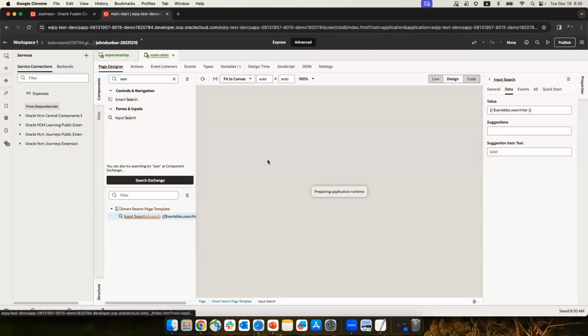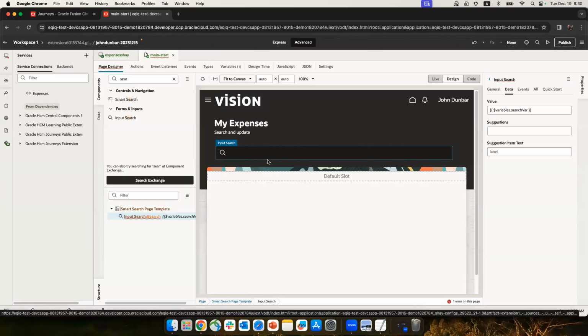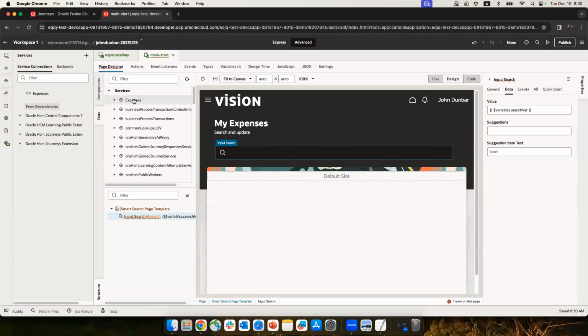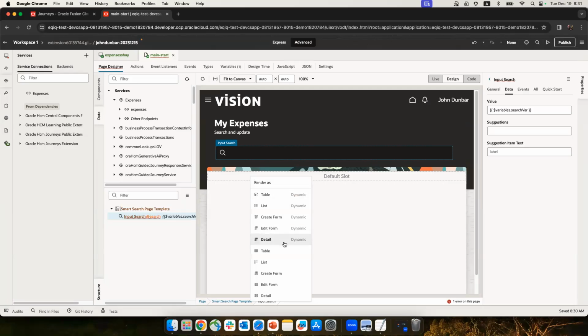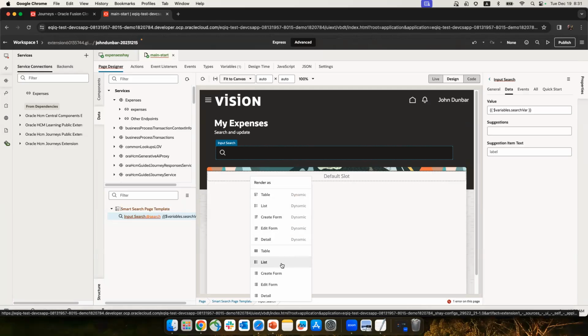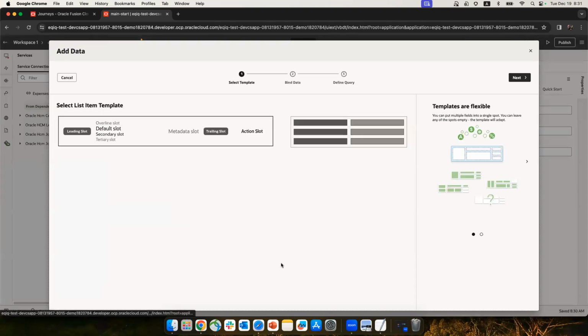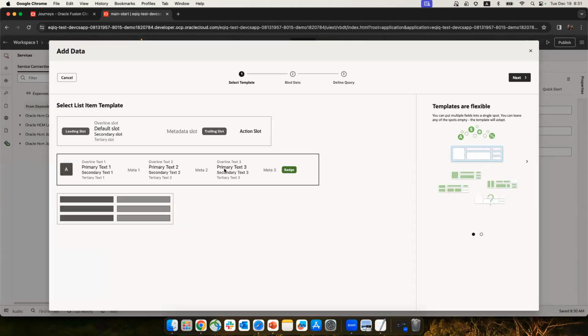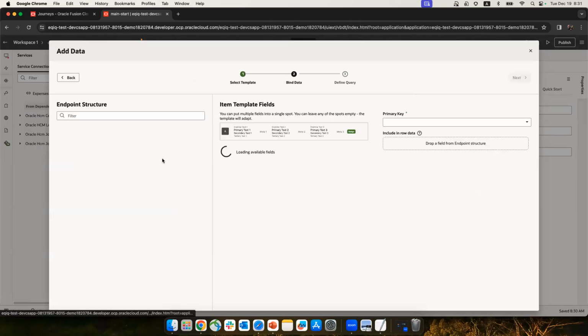Now I can go back to my page, the page that we're creating. In the data area, under services, I now have expenses. And I can say, hey, let's take the expenses and drag and drop them into the page to create, for example, a table or a list. Let's create a list, for example. Again, I can choose the same look and feel as Oracle uses here. And then I can choose the specific fields that are interesting to me. So we chose to use what we call dynamic binding to REST service,